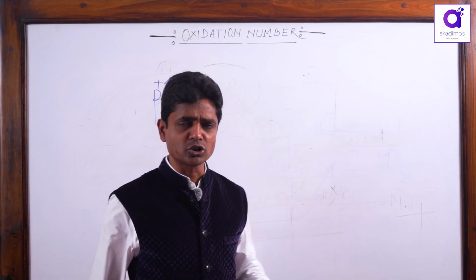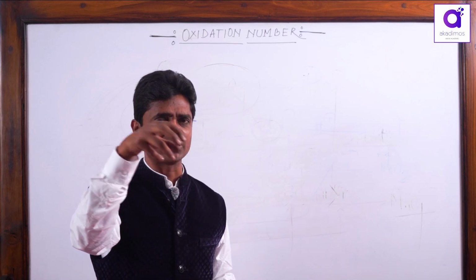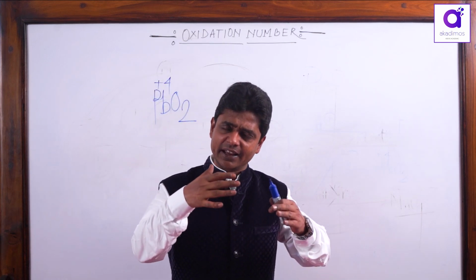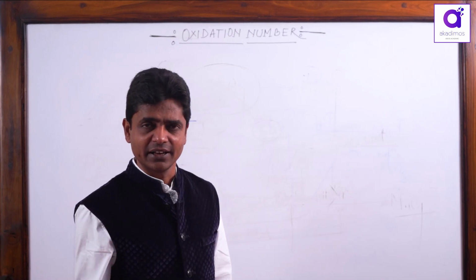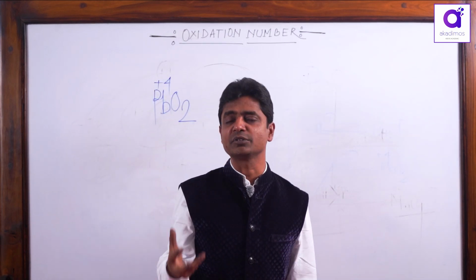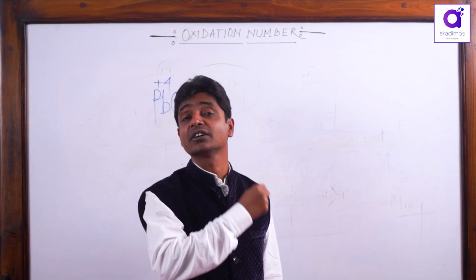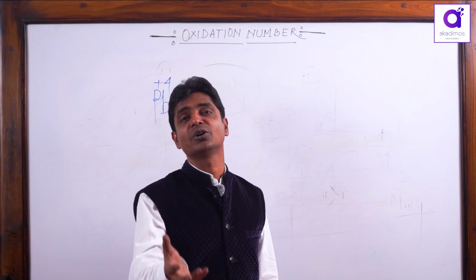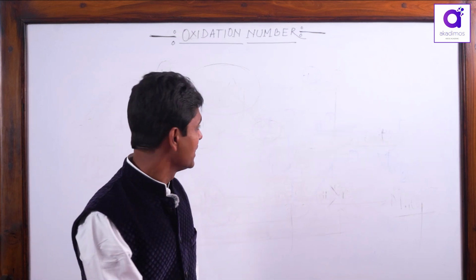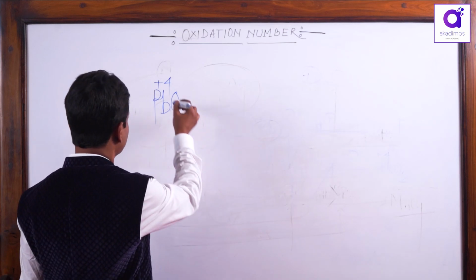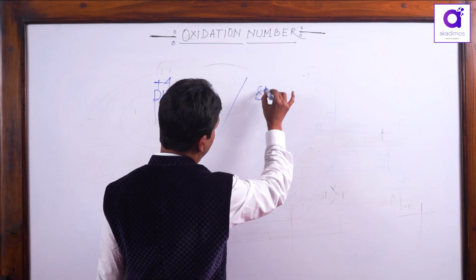Lead has 82 electrons, so many electrons, you will get them in the d subshell and f subshell, D and F subshells, with poor shielding effect. Due to poor shielding effect, the effective nuclear charge is very high, and the s electrons are highly inert with respect to the formation of a bond or the formation of an ion. And if you remember, here lead is in +4 oxidation state, but the stable oxidation state of lead, due to